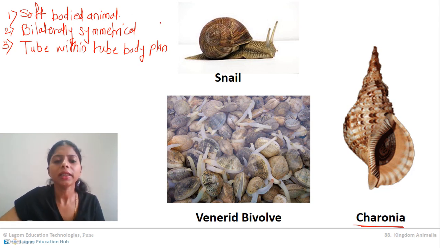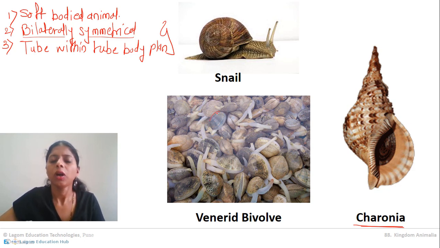Now by taking these two characteristics, let us talk about some exceptions. Now, I am saying all the animals are bilaterally symmetrical, but here we can see bivalves look like bilaterally symmetrical. Octopus also shows symmetry. Sepia also looks like bilaterally symmetrical. But what about this snail? What about this animal? This shell? They don't look bilaterally symmetrical, correct?